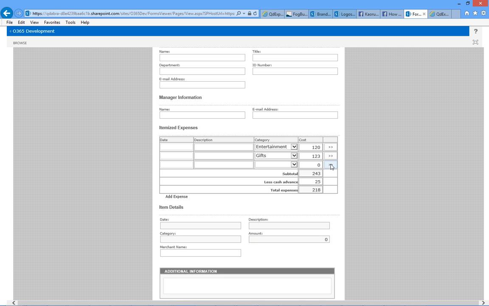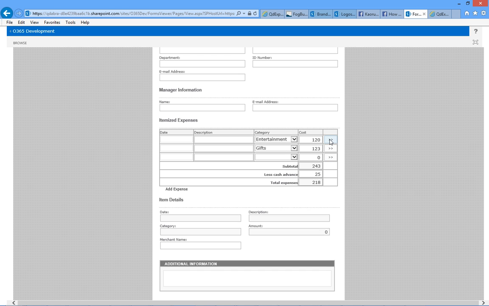If I click this button down here, you'll notice we also have button support as well. So these are rule buttons that determine the information that appears down here. We have that support built in as well, and we've now switched to this new third row. And again, if I typed in a description,